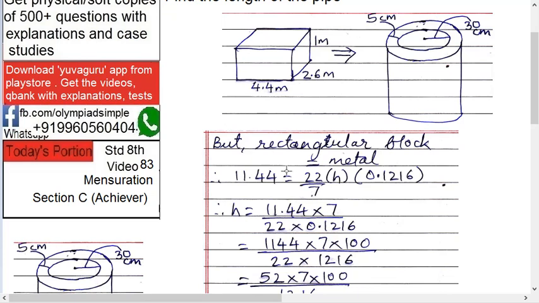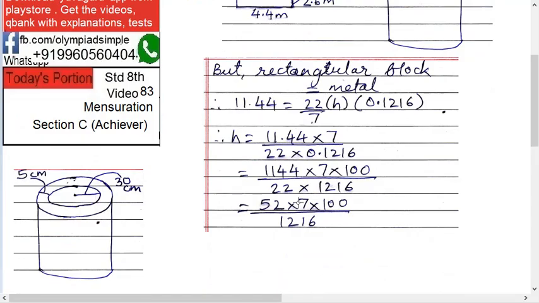H equals 7 on this side, 22 on this side, 0.1216 over here. Solve for points. 2 points gone, 4 points gone, 2 zeros in the numerator, right? 1144 into 7 into 100 by 22 into 1216. Now solve this. 52 by 7 into 100 upon 1216, right? Again go for Vedic maths because you won't be able to do it by normal maths or it will take huge time. If you go by Vedic maths, you will find that the answer is 30 meters. So the height of the cylinder is